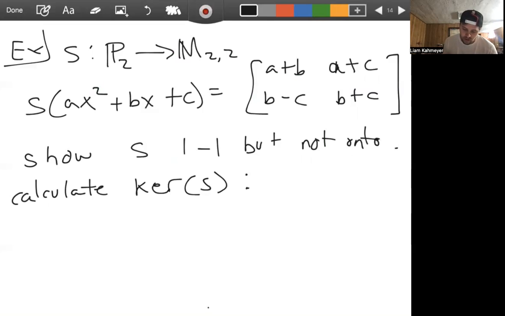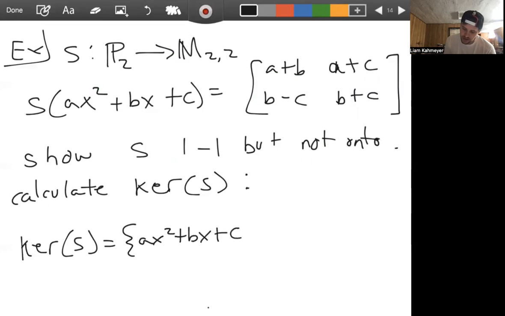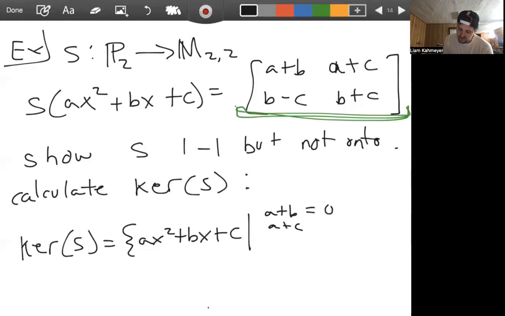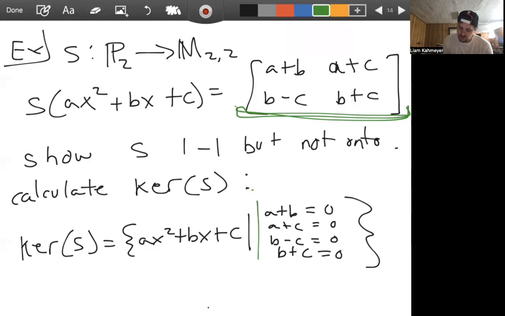What is the kernel? The kernel is going to be polynomials ax squared plus bx plus c such that the things are equal to 0. So we're setting this 2x2 matrix equal to 0. If we do that, we get the system of equations a plus b equals 0, a plus c equals 0, b minus c equals 0, and b plus c equals 0. This is what the kernel looks like. We can take this system of equations,